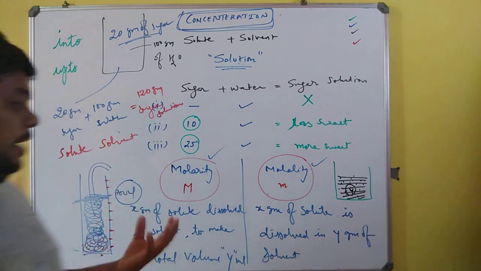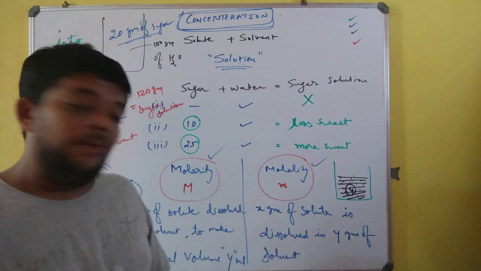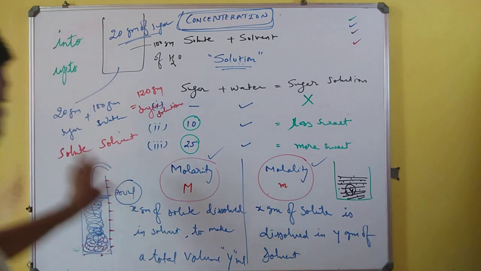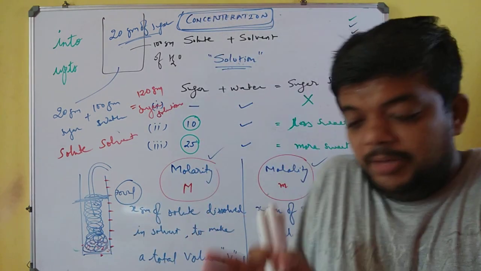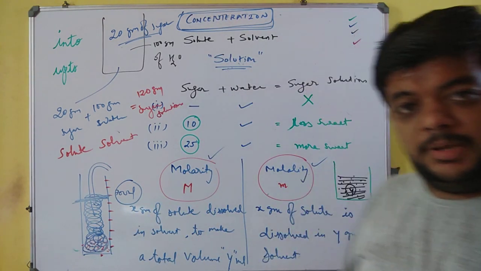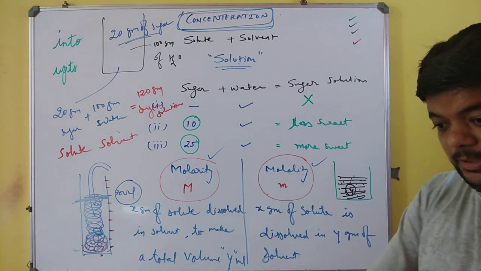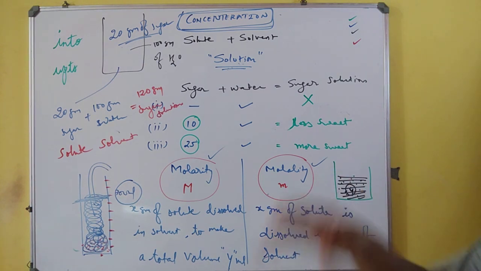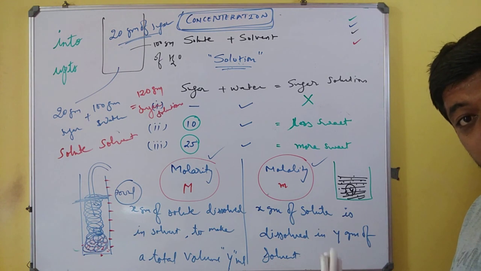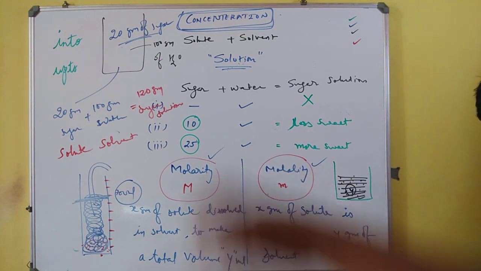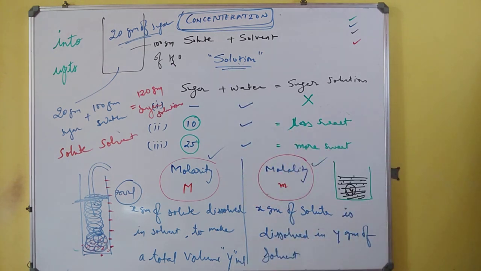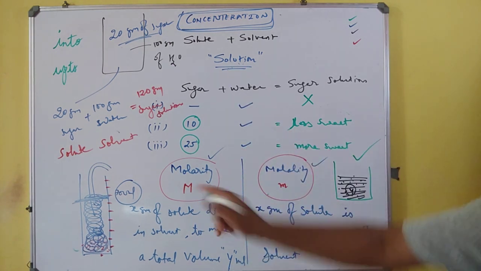See, when I want x gram of solute dissolved in y gram of solvent, no need for a measuring cylinder as a first choice. You need a weigh balance where you will measure x gram of solute, keep it aside, measure y gram of solvent, keep it aside, and then in the vessel containing y gram of solvent, just add x gram of solute and dissolve it. It is done. You are adding in. Finished. So generally no need of a measuring cylinder.